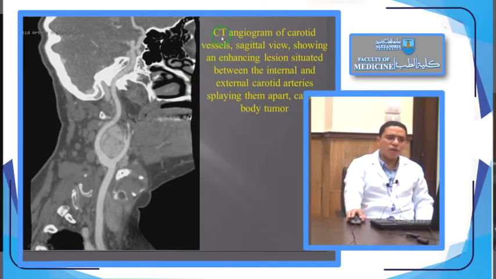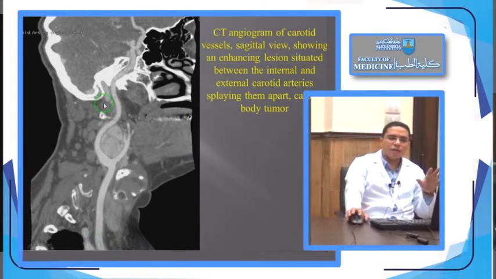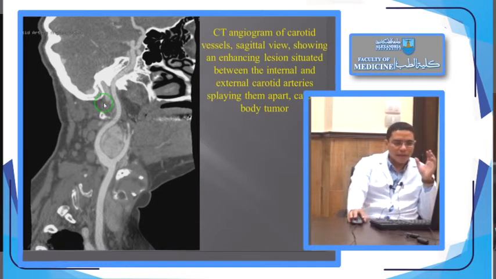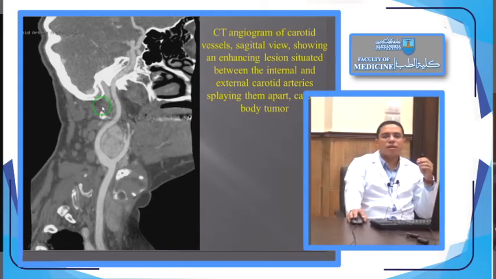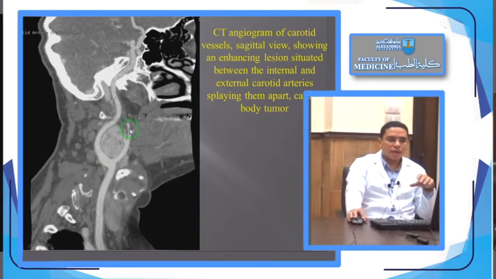And CT angiogram or arteriogram or angiography, this is a CT with contrast, but the study is mainly dedicated to view the vessels, and we choose the timing of taking the images where the concentration of the dye is at the highest level at the carotid. So the carotid can be very clear like this, and we can see the tumor between the two terminal branches. And this is the CT angiography, and this view is the diagnostic imaging study for the carotid body tumor. I can't diagnose a carotid body tumor without an image like this.